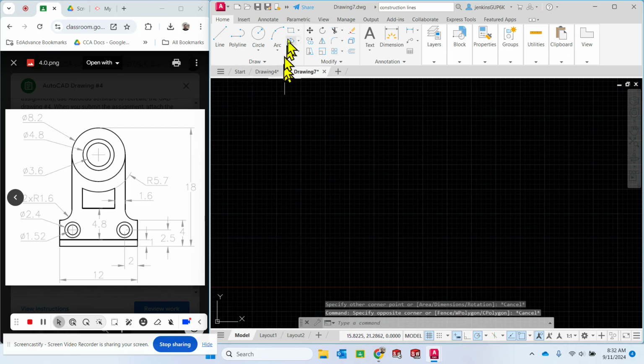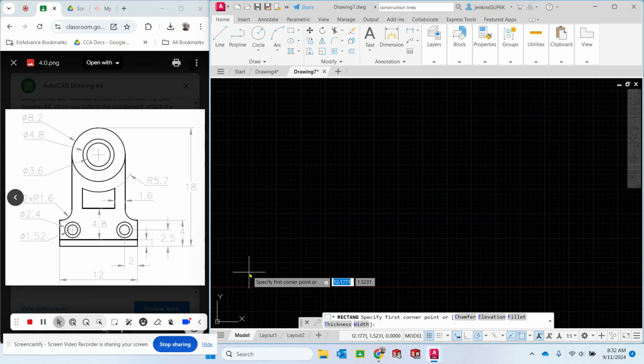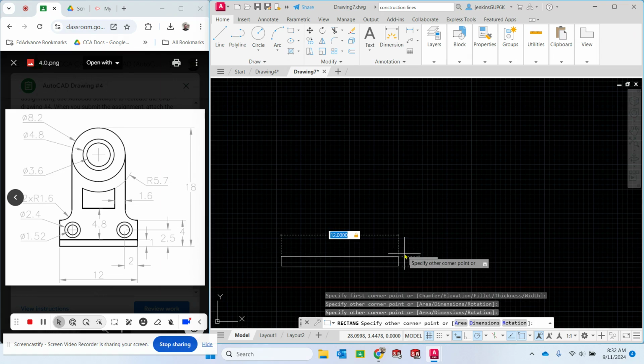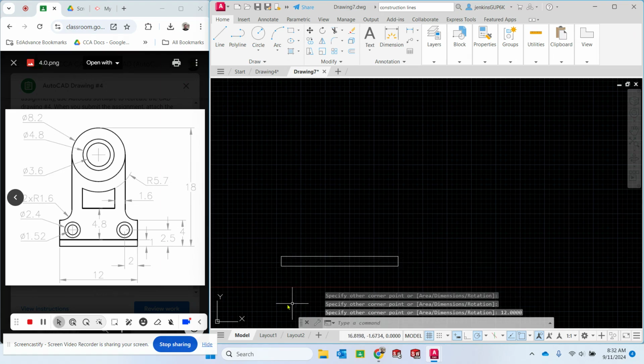And so now when I click rectangle, do it one more time, people, you can see it says specify first quarter point. Right now I'm just going to leave it up here. Whenever you make a rectangle, it asks you how wide you want it to be and how tall you want it to be. So I said I want it to be 12, so I'm going to type in 12, and then it's 1 tall, and then enter. So I made a rectangle that is exactly like this one, and it is 12 wide